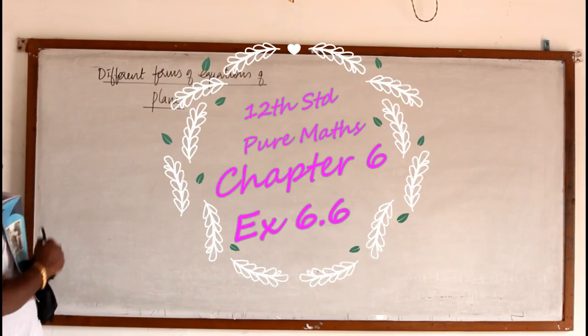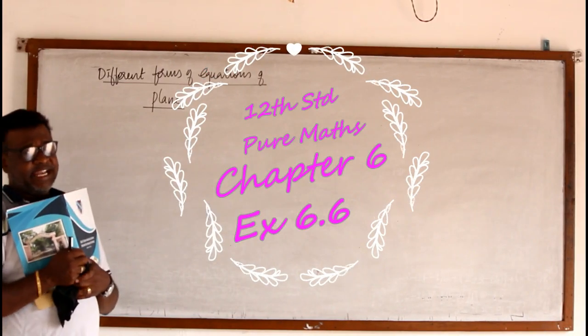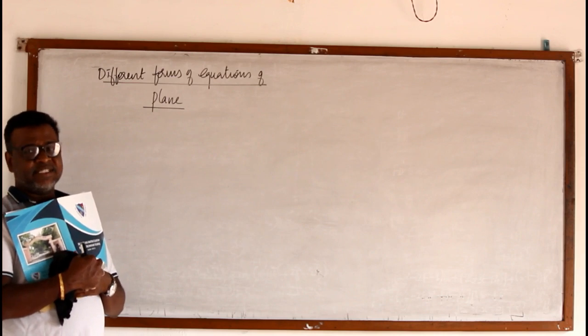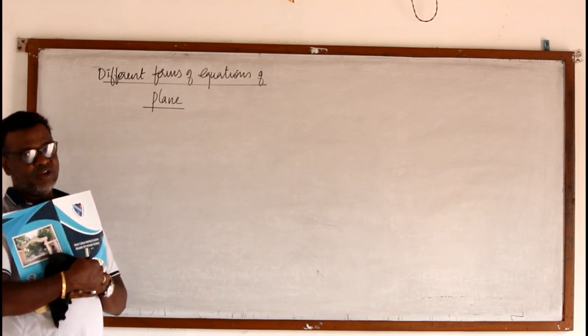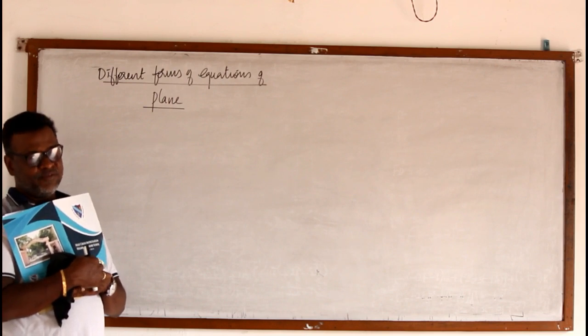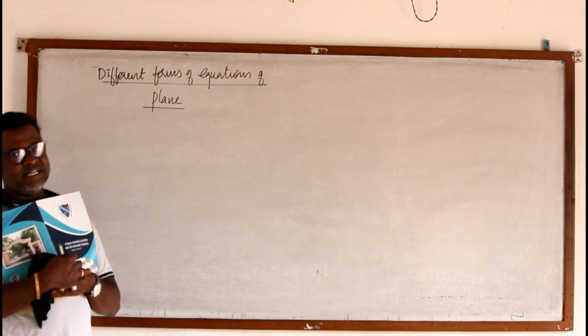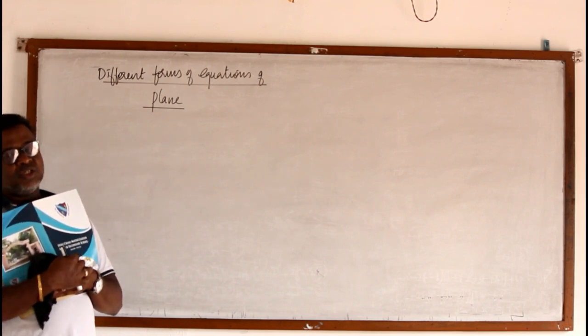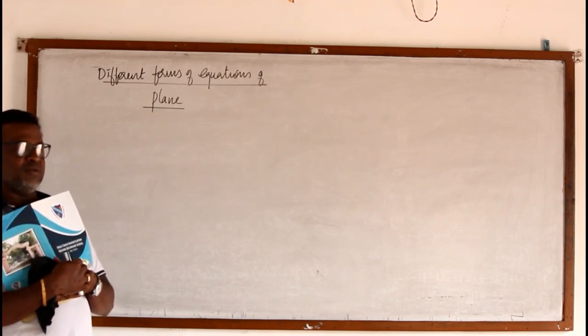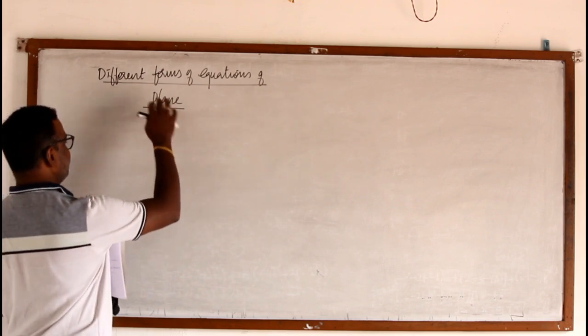So we studied everything about straight lines. We know how to find the equation of a straight line when a point and a parallel vector are given, and we know how to find the equation of a line if two points are given. And then we studied intersecting lines, parallel lines distance, and also skew lines and the shortest distance between skew lines. Now we should go for planes.